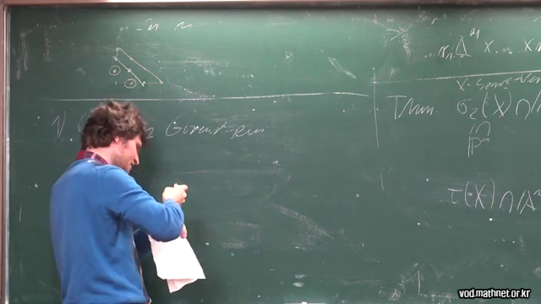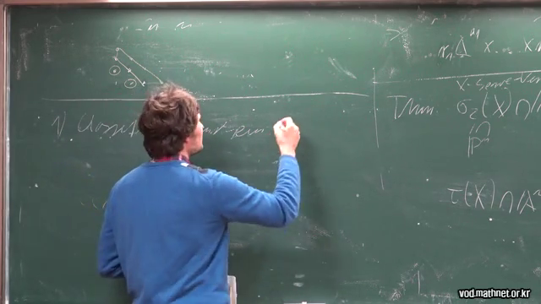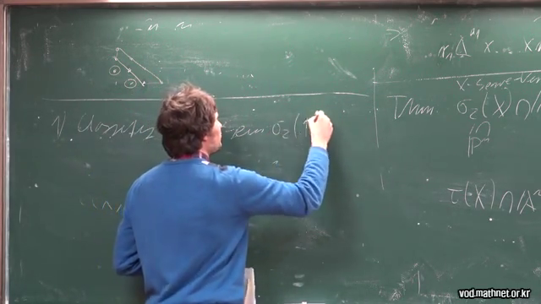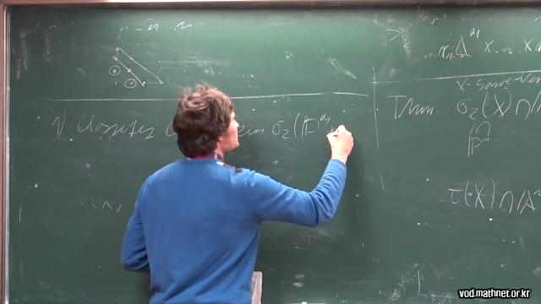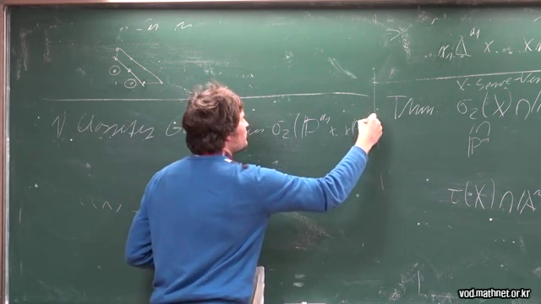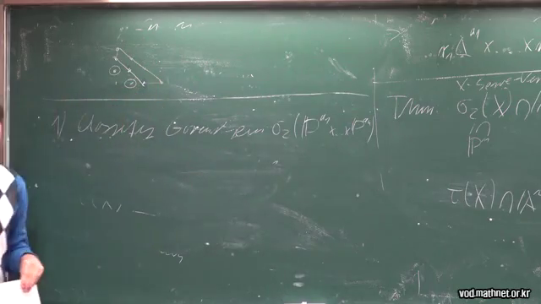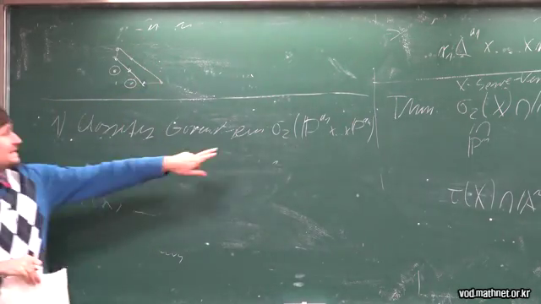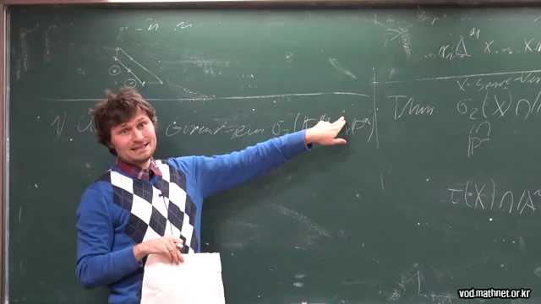The problem with Gorenstein is that no one knows how to pronounce it. Of P^{a1} times ... P^{ak}. So when k is equal to 2, there is a classical theorem that this is Gorenstein only if a1 is equal to a2,